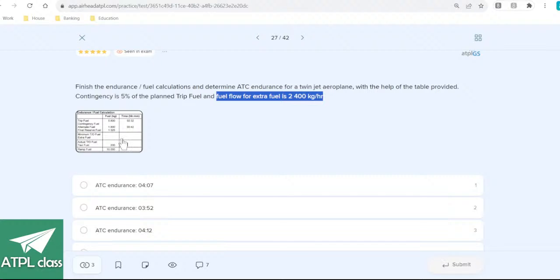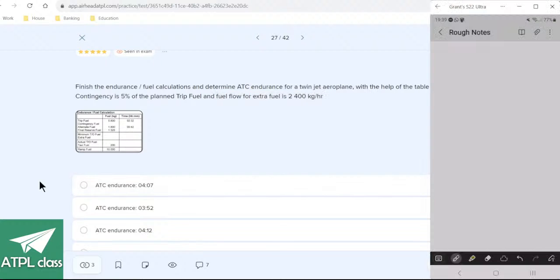Okay, so let's just think about this for a second before we go steaming in. We can work out a trip fuel burn, I suppose, at a final reserve time. So trip fuel flow, 5,800 kilograms gets us 2 hours 32 minutes. So that's going to be